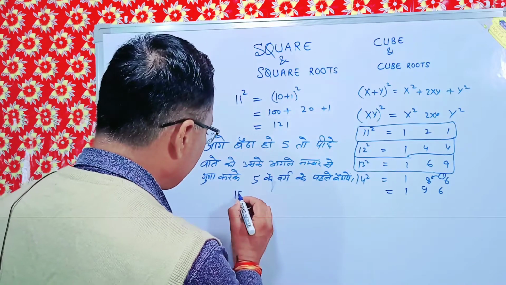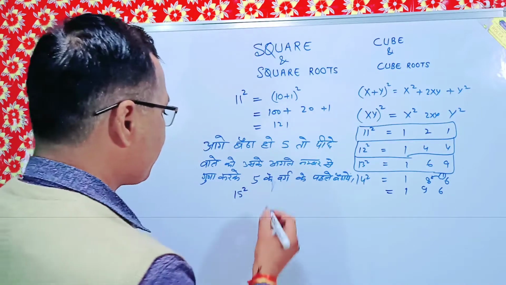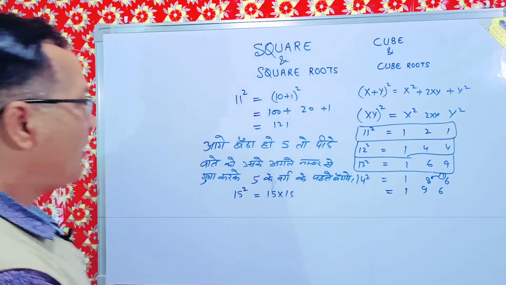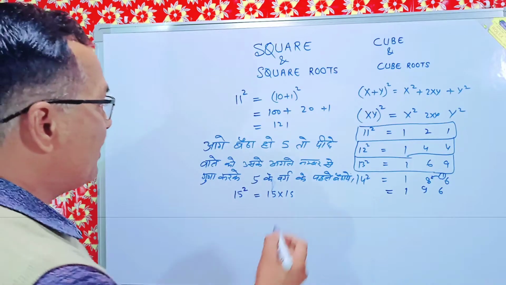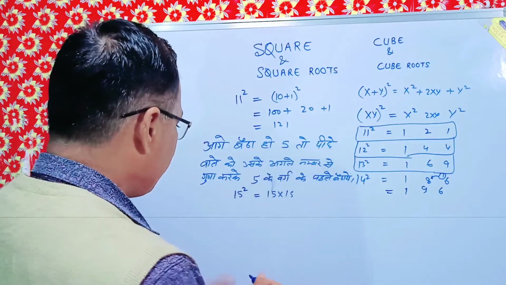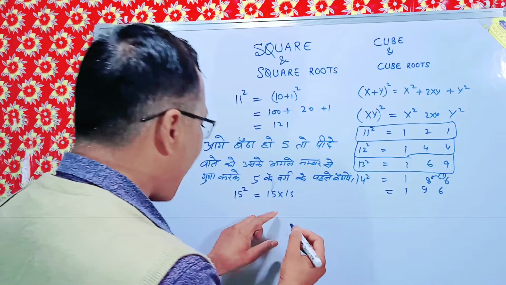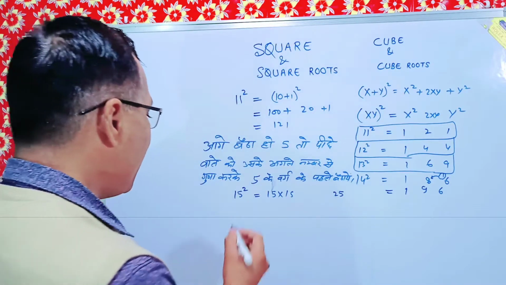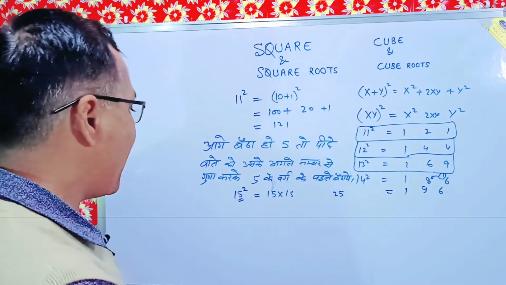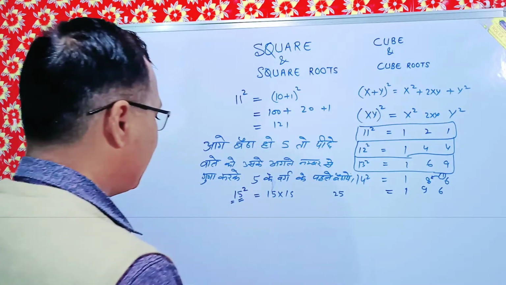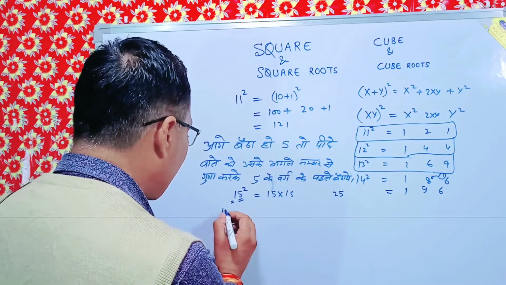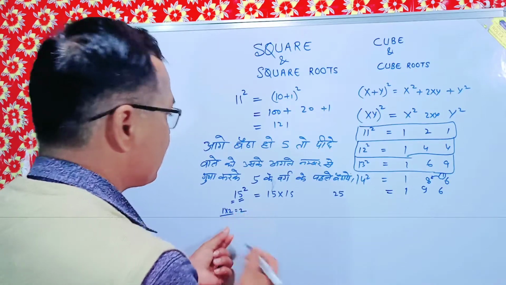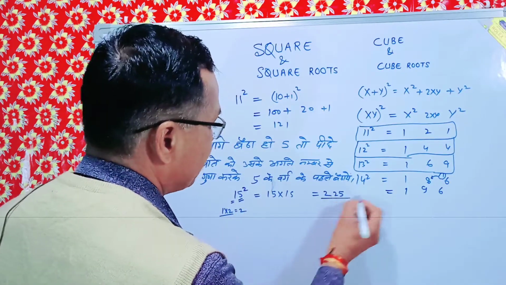If I want the square of 15, I have to write it 15 into 15, but the way he is telling, the 5 sitting ahead, 5 into 5 will give us 25. This 5 is sitting ahead and this 1 is in the behind. So what is being said here? You multiply this 1 by its next number, that is number 2. So it will give us 2. So you put it here like this.